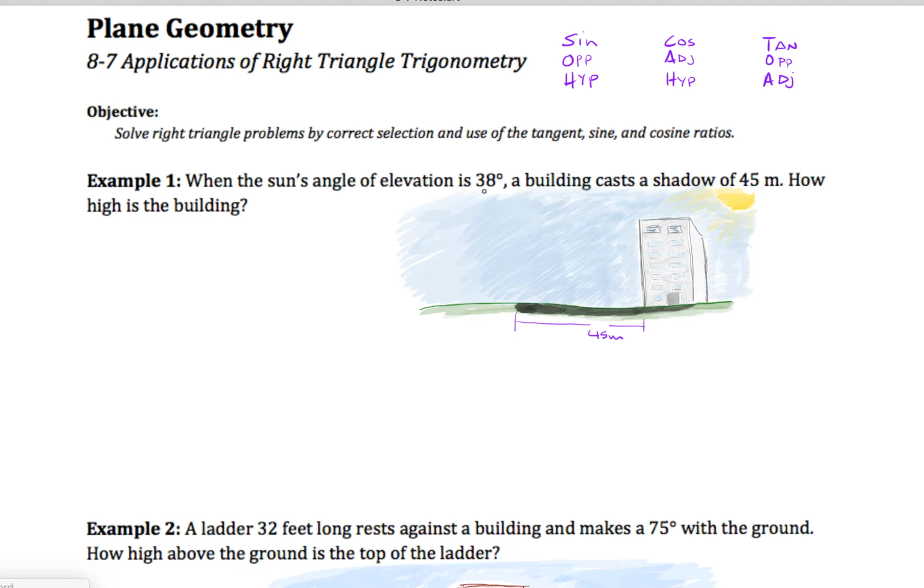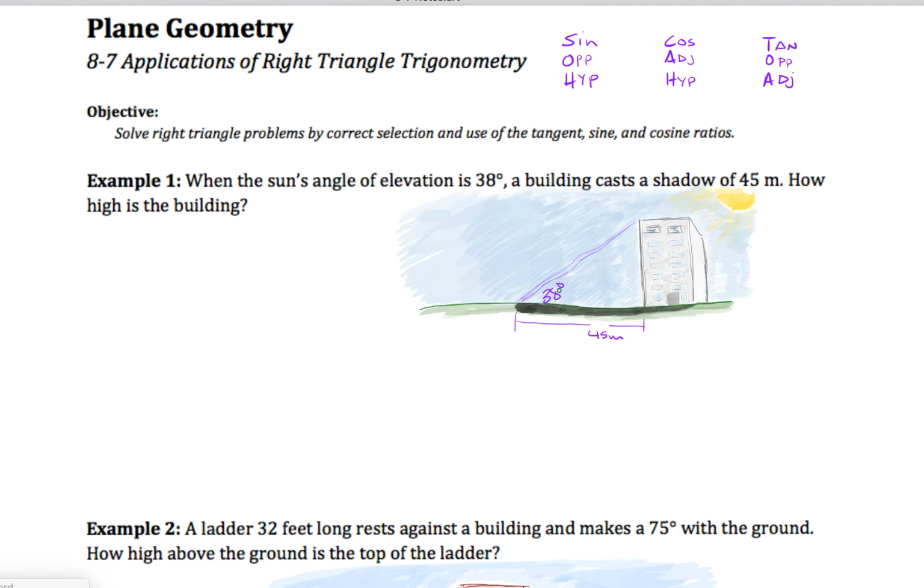Now, what is this angle of elevation telling me? Well, that would be telling me that from the tip of the shadow there, from the end of the shadow, if I draw a straight line, as straight as I can draw it, up to the top of the building, that line is at a 38-degree angle with the ground. You get the idea. It's not the straightest of lines, but you get the idea, and it's a 38-degree angle